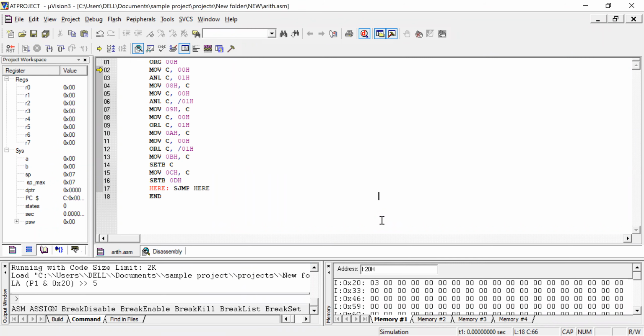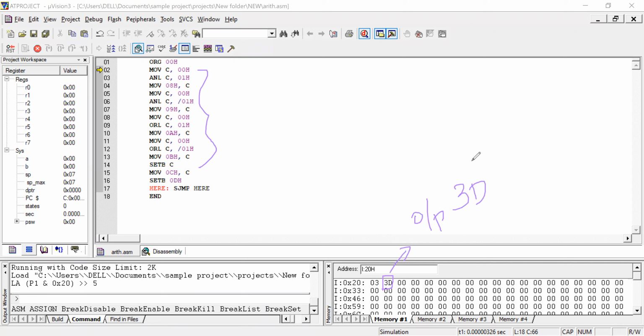From the locations 00 and 01, you have 1 bit. Now I will start to run. Here you can see that the result is in 21H. Based on these instructions, the data is modified. We got the output as 3D.